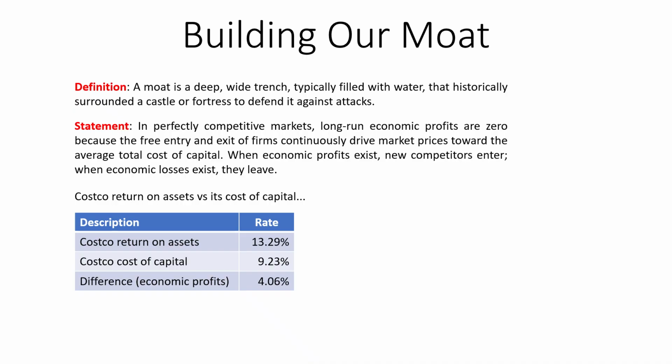And this is very important because when Buffett was talking about a moat, what that means is if I come up with a difference between my return on assets and my cost of capital that's meaningful, the market is basically going to tell me, you know what, Gary, that's great, your return on assets is great, but competition is going to come in and whittle those economic profits down to zero, such that your return on assets of 13% plus is going to go down to 9% plus.